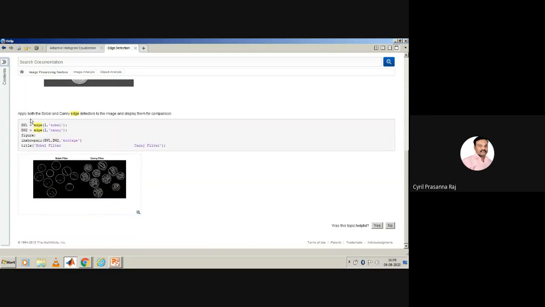Now there is another function called imshowpair, wherein you put BW1 and BW2, and you include the type montage. Only then this will work. When you use this function and put these images together, you put a title: Sobel for the first one, and then Canny. So you find that the first image is Sobel, the second is Canny.